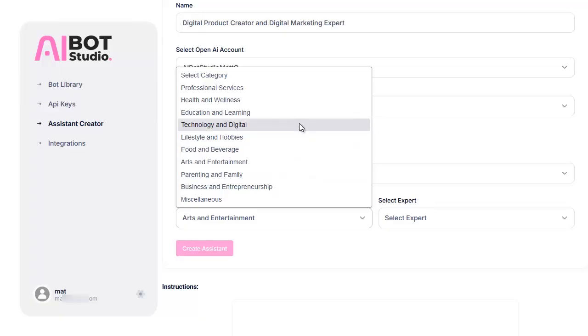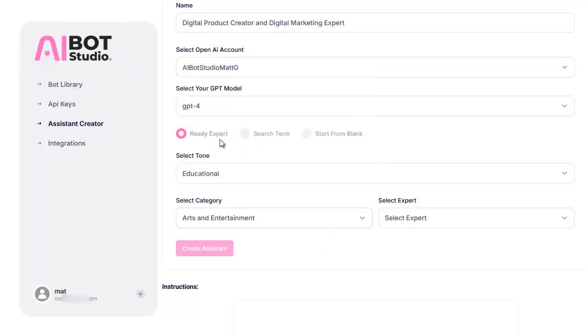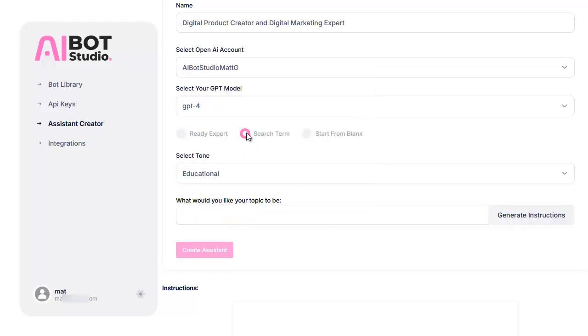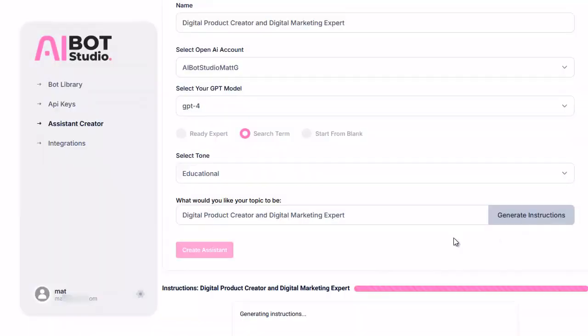And as I said, there are 100 already in there, and we're going to be adding lots more to make life really simple and quick for you. However, I'm not going to go with a ready expert. I'm going to go with a search term. And for the search term, I'm going to basically put in what I put in for the name at the top, and then I'm going to click on generate instructions, and it will start working away and creating the instructions